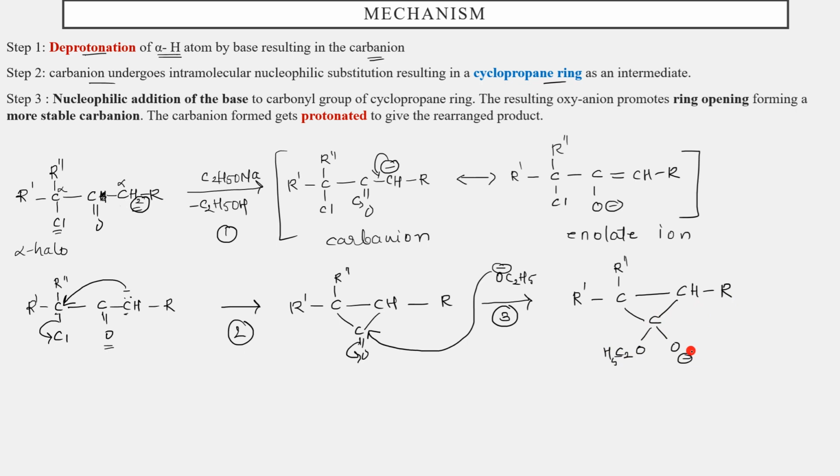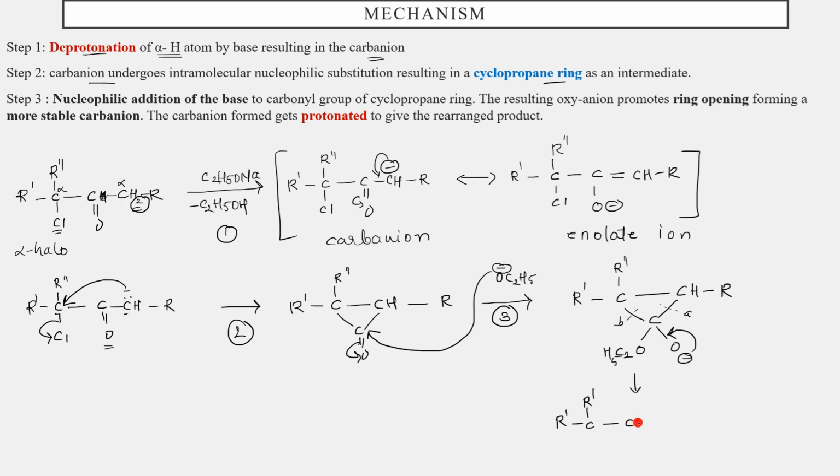Now these electrons will attack over here. Okay, so now what are we going to get? We are going to get ring opening. Now, if the electrons are coming over here, the bond can break here as well as here. Okay, so let's say this is A and this is B. Suppose it breaks at A. I'll show you the cleavage at A.